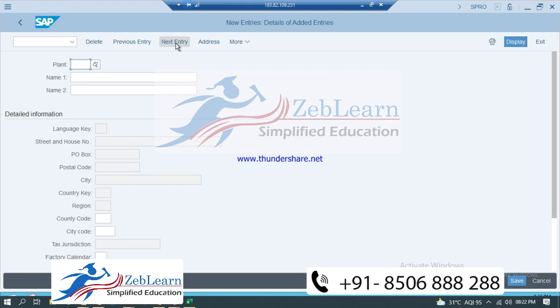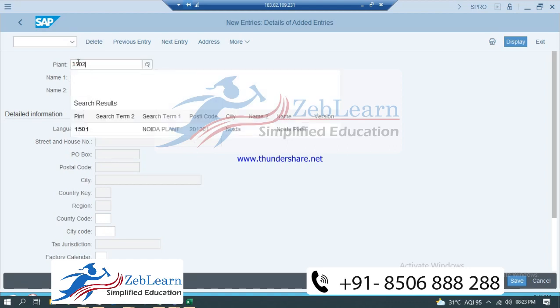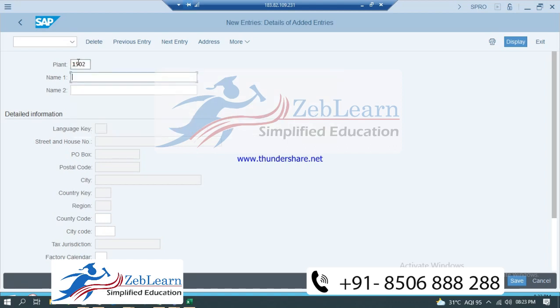Again I will be giving one plant. This time the plant number will be 1502. This generally has to be decided by the client, in discussion with the client. So this plant ID, name, everything is given by the client in the initial discussion, where we ask the client how many plants they have.